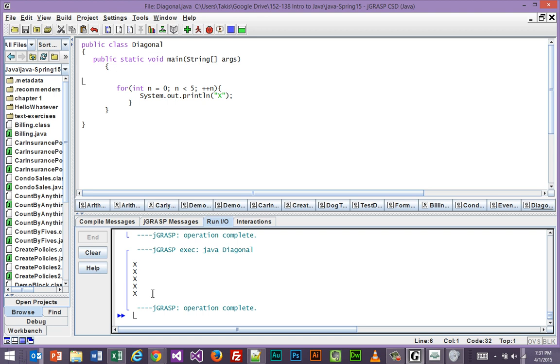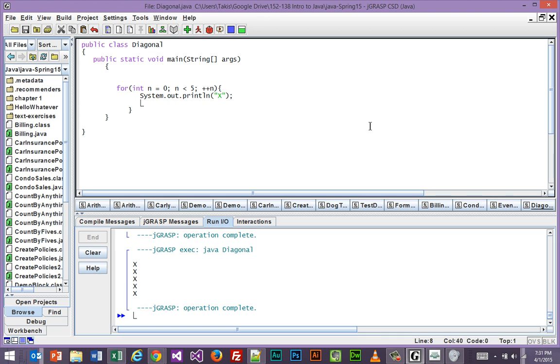Now we need to put a space in front of each one. So here's the question with that. How do I do that? Well, the one thing that you should think about is if I am going to output a space, I can do it a number of different ways. Well, for sure, I'm going to need to do something like this. So I'm probably going to have a statement just like this, but instead of with an X in it, it is going to have a space in it,